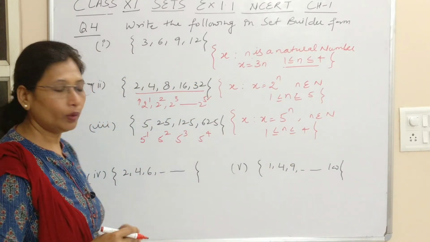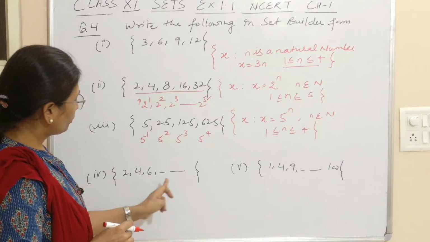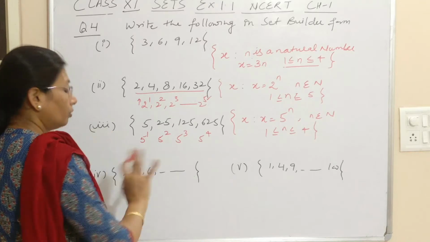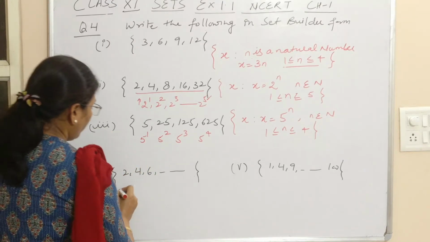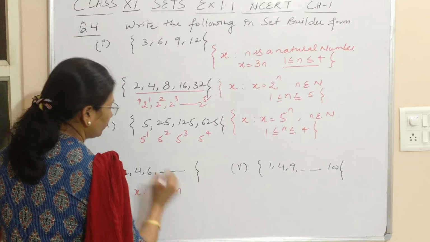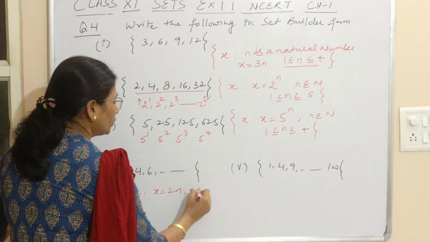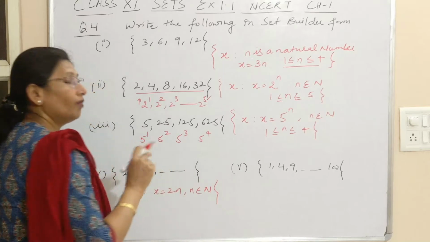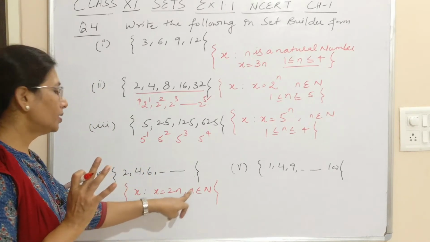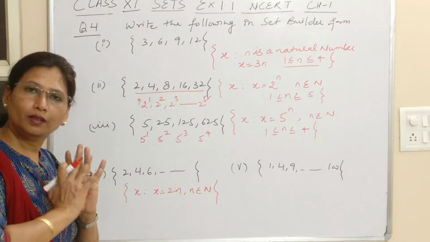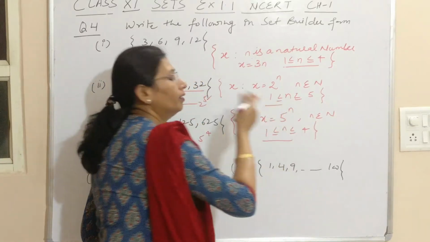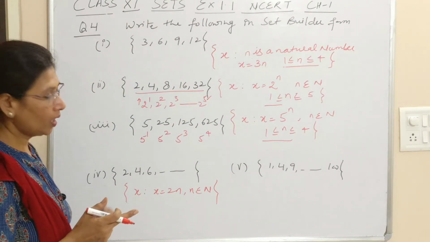That's it. Now here, this is in continuation. It is not stopping. Now this can be written as x such that x is equal to 2n, and n belongs to natural numbers. I don't need to give any limits to n, because n is not stopping. It is in continuation, so we will not write the limits that we have been writing in our previous parts.